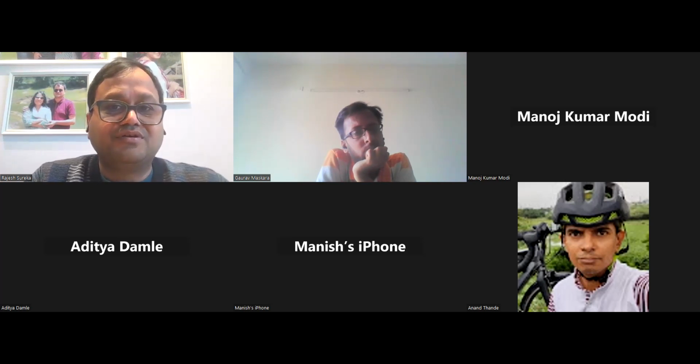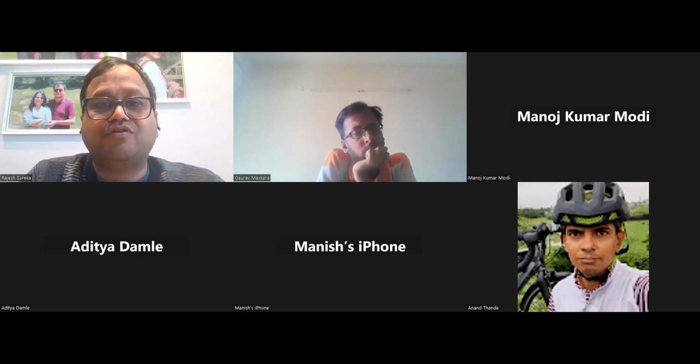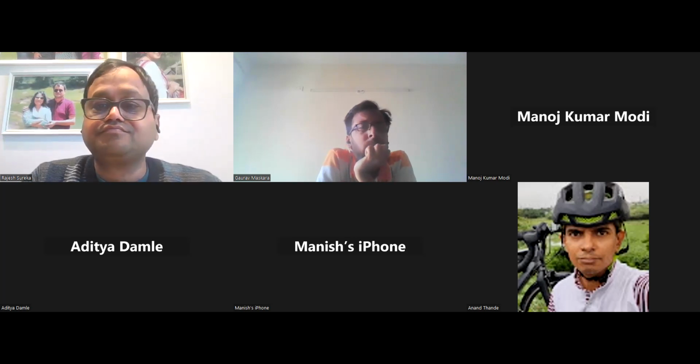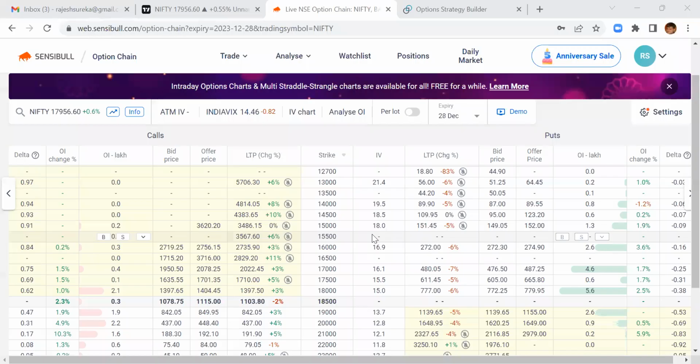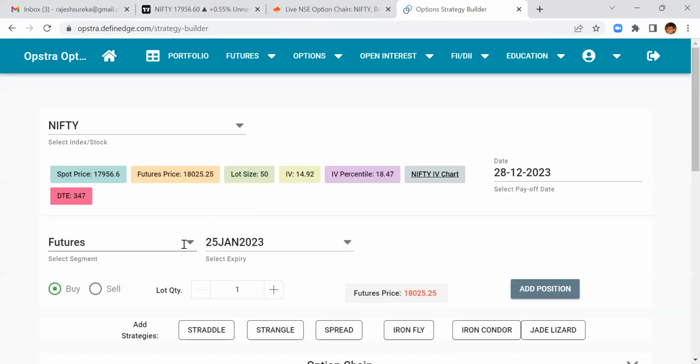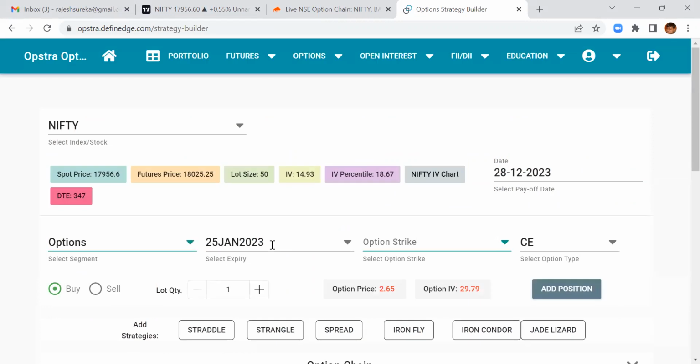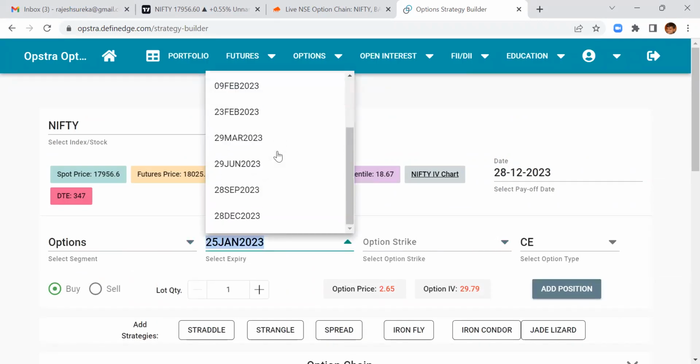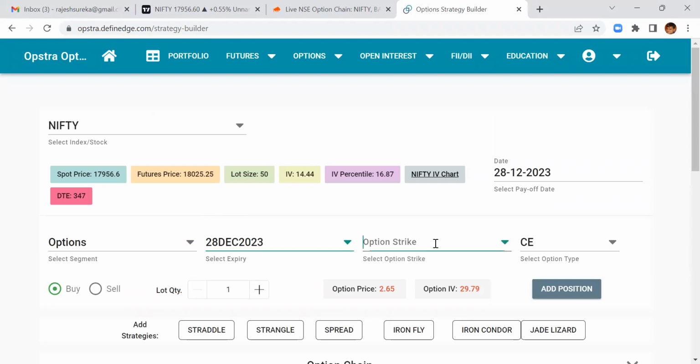So what can I do today? I simply do nothing, wait for 17,000 to come. What I can do is sell a December 2023 put option. You collect 480 rupees. Now to sell it at 480, you have to give some margin. So this is Opstra. On Opstra, say we check December 2023, the 17,000 put option. What Opstra is, we have discussed. And there are many other tools to check this position.